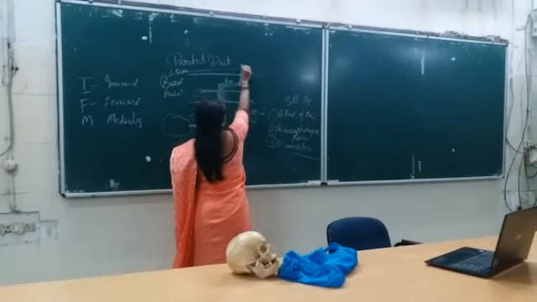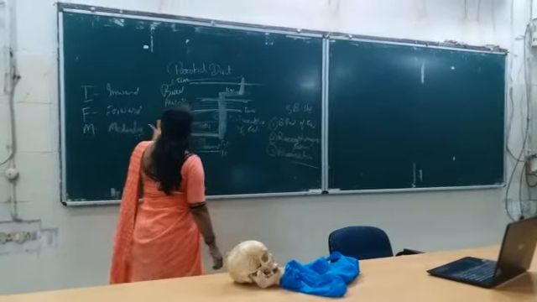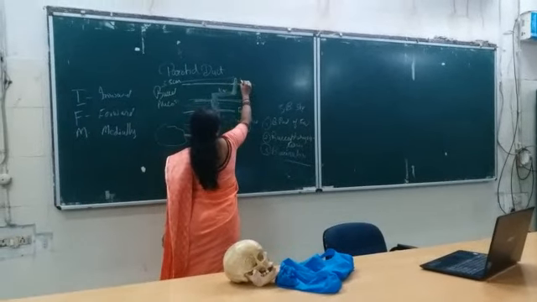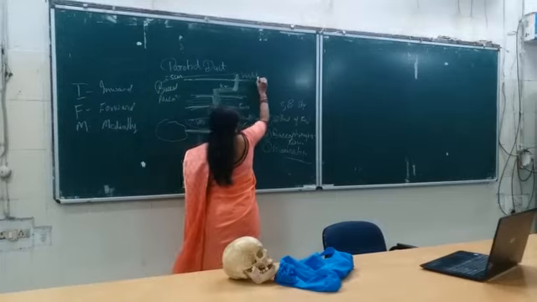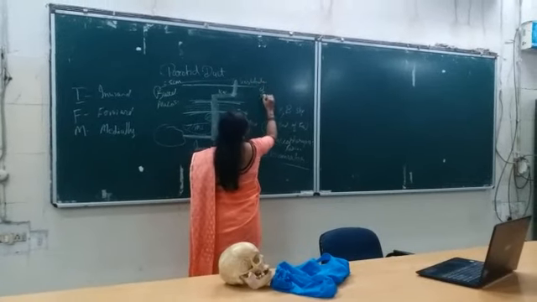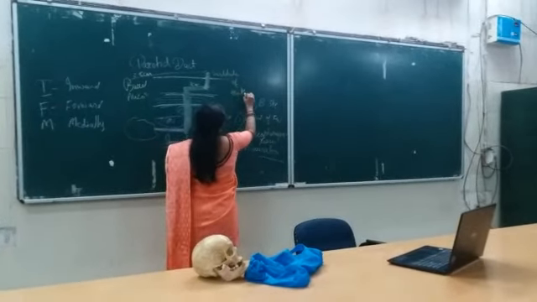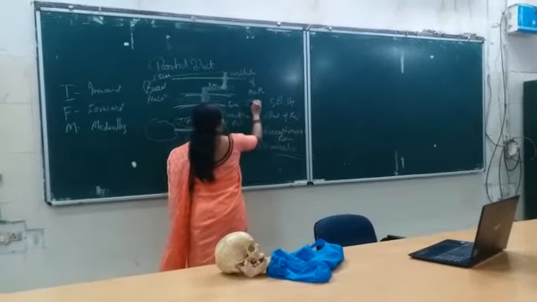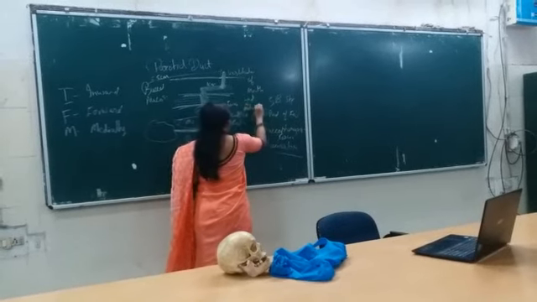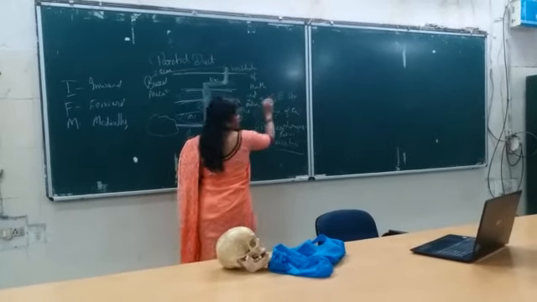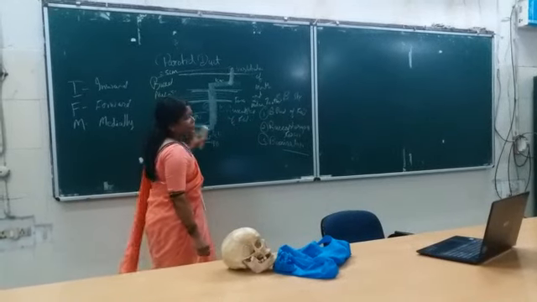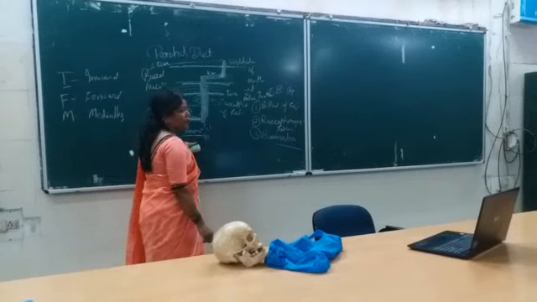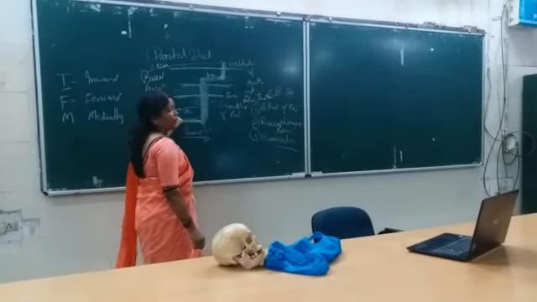Again it turns, that is medially. Now the course is medially and it opens in the vestibule of the oral cavity, the vestibule of the mouth. At which site does it open? It opens at the crown of the second molar. So this was very important: the structures pierced by the parotid duct in its course, starting from the parotid gland up to its opening.